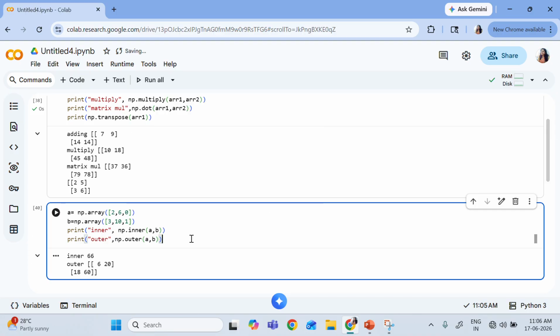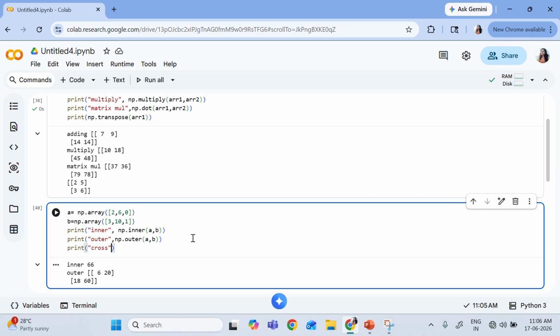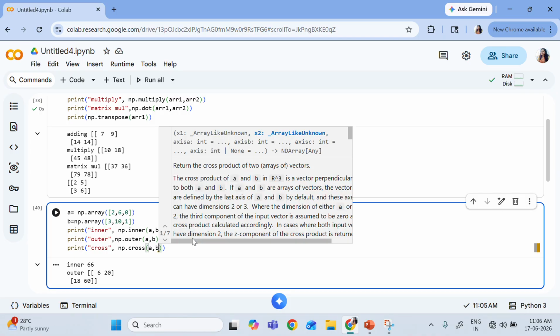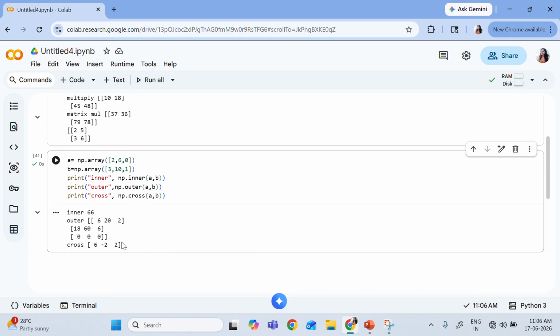To check what the cross product gives us, we write np.cross and pass these two vectors, and it will give me a whole set of new values. Understood? The inner product has remained the same: 0 into 1 was 0, 2 threes are 6, plus 6 into 10, 60. So 6 plus 60 is 66.